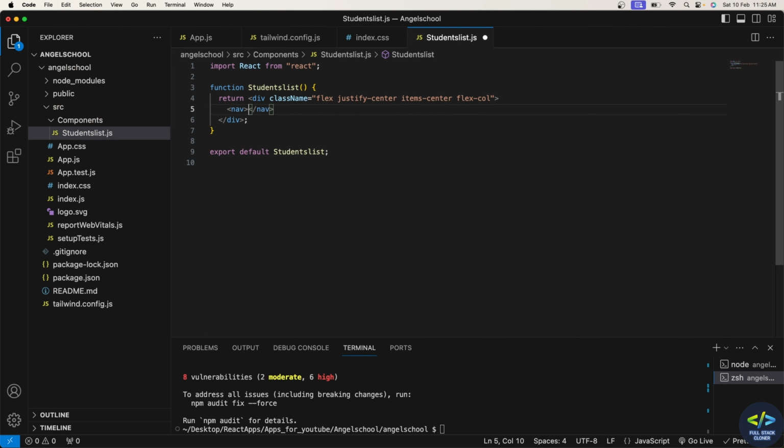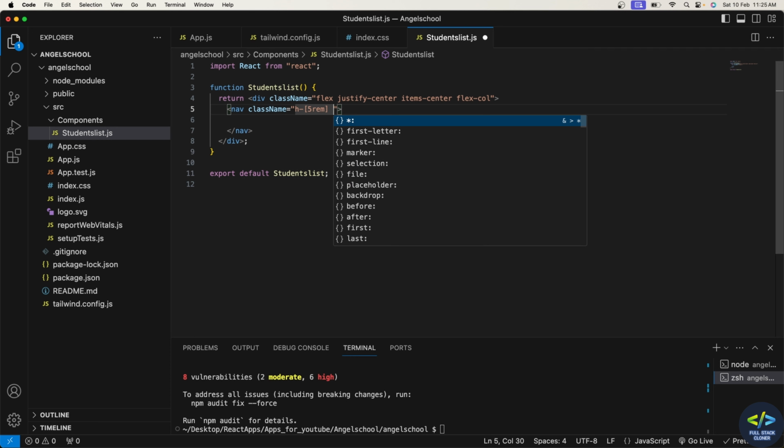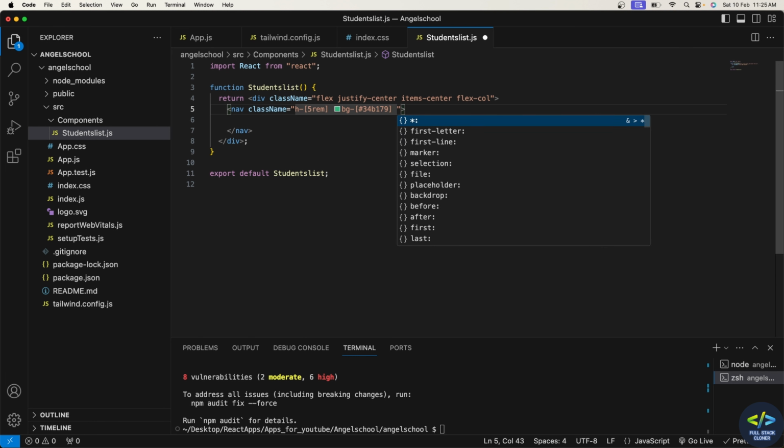Here I'll take a navbar so that the navbar will be written in this space. And for the navbar I'll open a class name and I'll specify the height to be 5 rem here. And then the background color to be light green. So for that I'll use this color code. And then I'll specify the width to be 100%